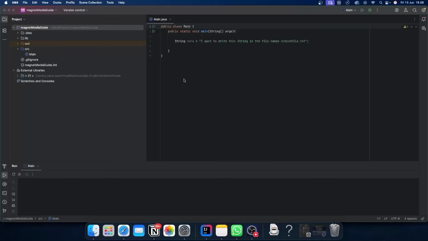Want to write a string to a file in Java? It's a fundamental skill for everything from logging to saving user data. In this guide, I'll walk you through an efficient and safe method to write your string data to a file,